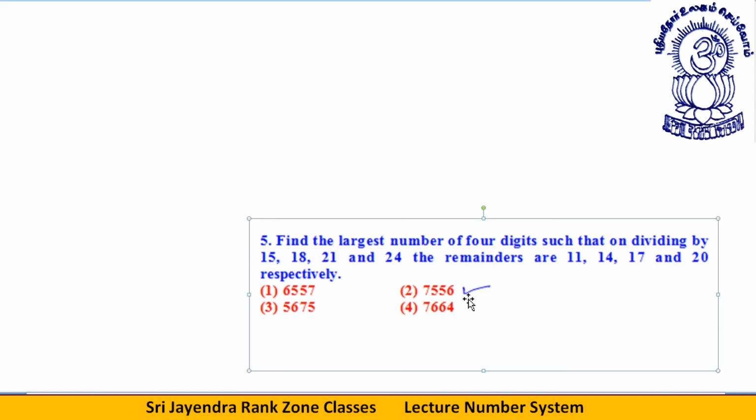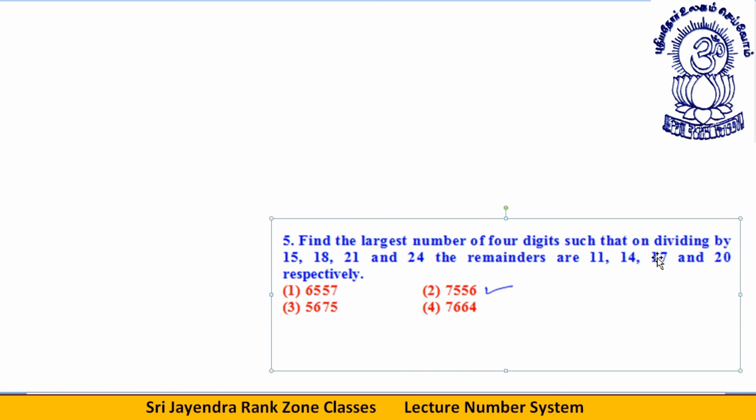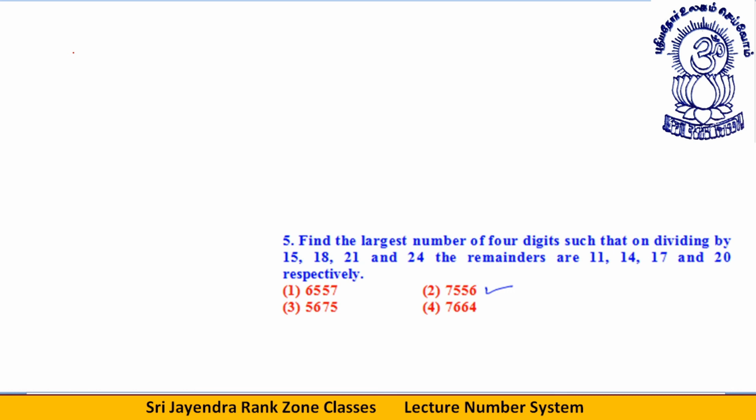Find the largest number of 4 digits such that on dividing by 15, 18, 21, 24, the remainders are this respectively. Look, this is a typical question now. Okay, first of all, 15, 18, 21, 24. Either you could do it by options also, but still I will solve it properly. Just one small logic, students. Let me solve it in detail, then I'll tell you a very good shortcut of this. Okay,